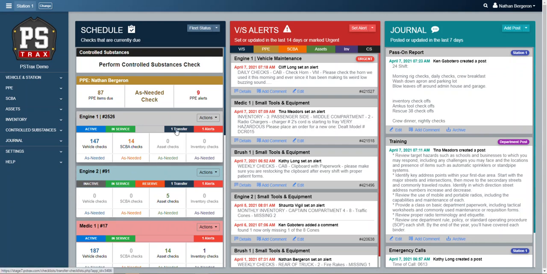Something that's new is you can now log transferred equipment, so you can log what items move from one vehicle to another. That's always been available, but it's never been displayed on the home screen. And then we did move the alerts on the open alerts for the vehicle or station here in this tab right there. All of these are links so that you can click into them and view additional pages or pop-ups